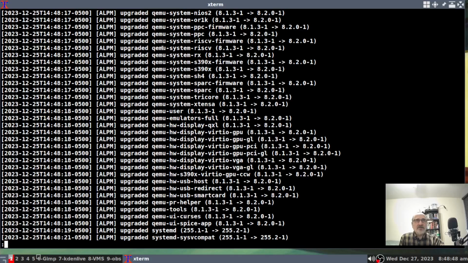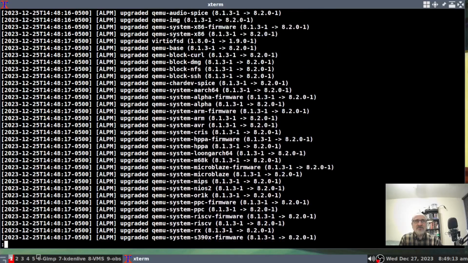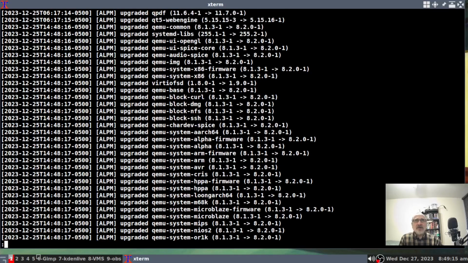Now look at all these Qemus. So Virt-Manager is just a GUI front end for Qemu, and I don't know how to pronounce it. Qemu, Qemu. And Qemu is the program that runs my virtual machines. Now, I was looking at this and I'm going, wow, look at all these Qemus. And they were updated on